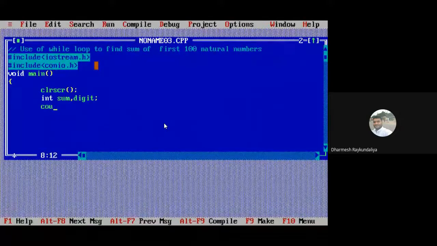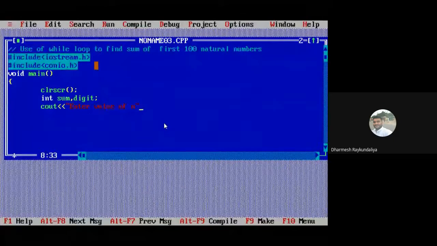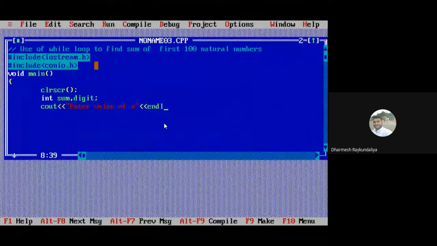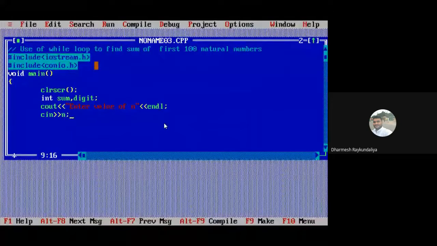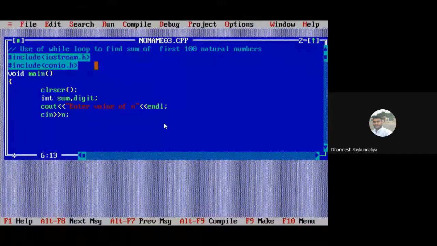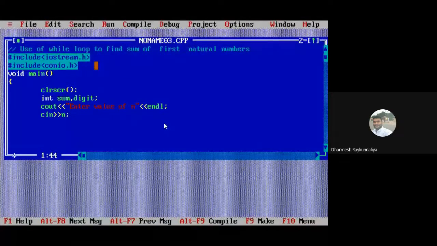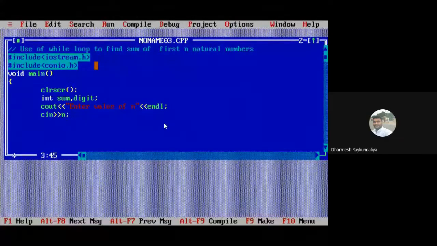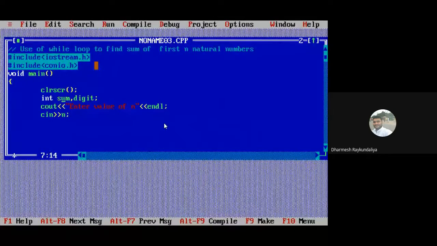Now cout enter value of n, cin, let us say n. Here instead of sum of 100, you can find sum of first n natural numbers. N may be anything you wish to give. Then I have to declare n as an integer.